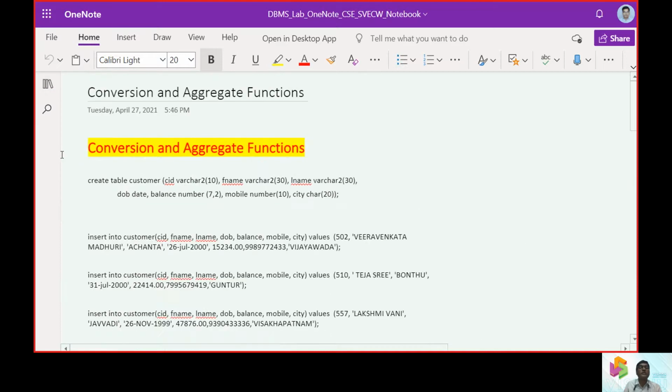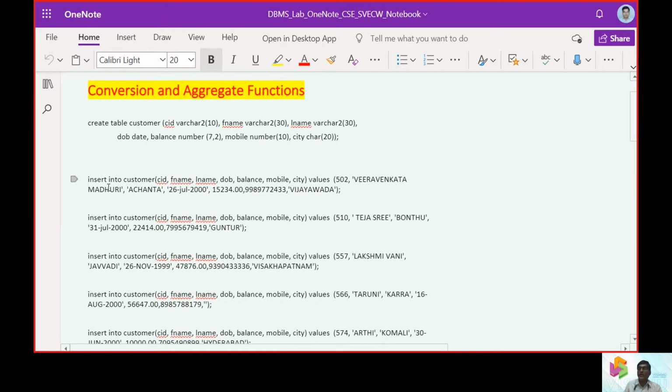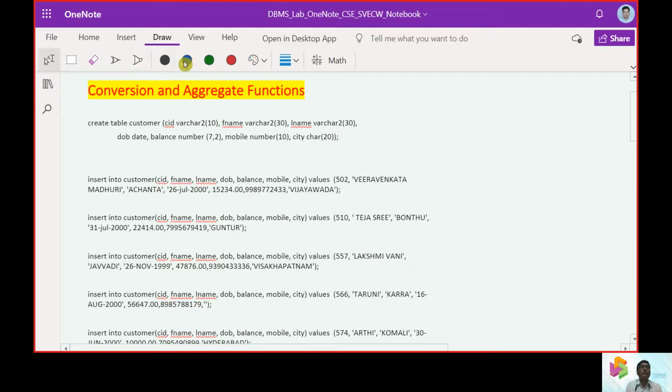Now, moving on to the exercise part, as we discussed in our previous exercises, we will now work with a customer table. So the name of the table will be customer.